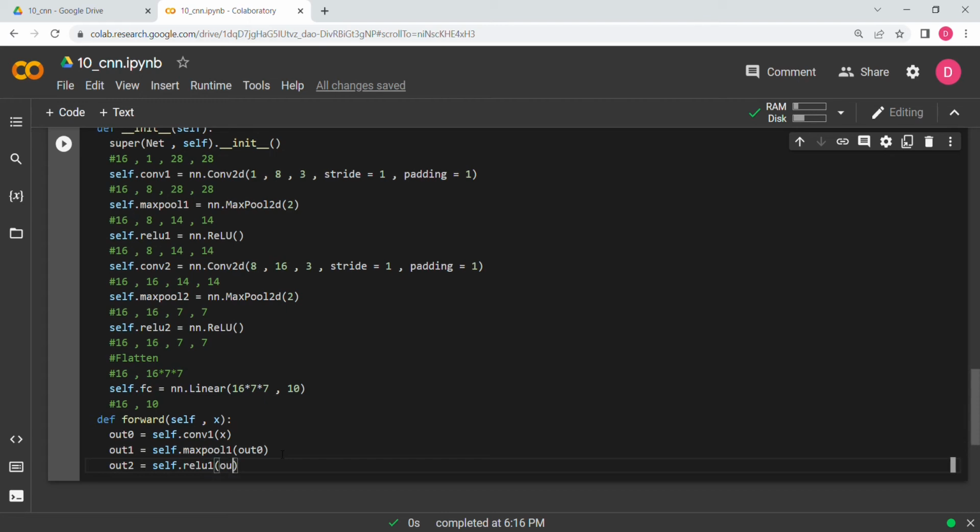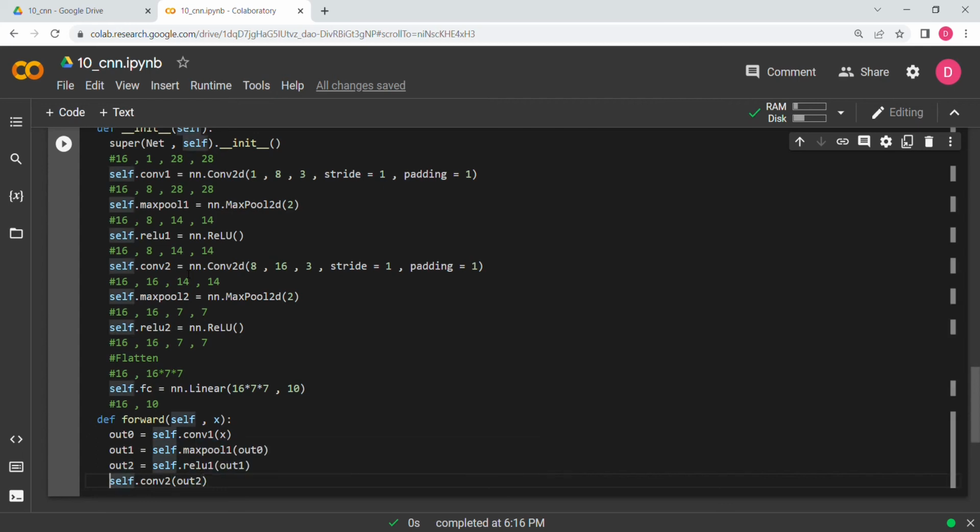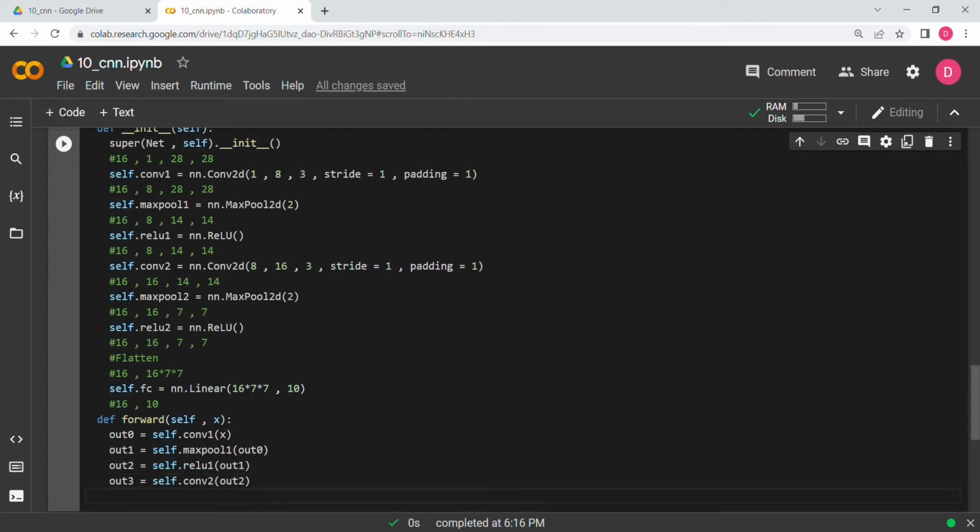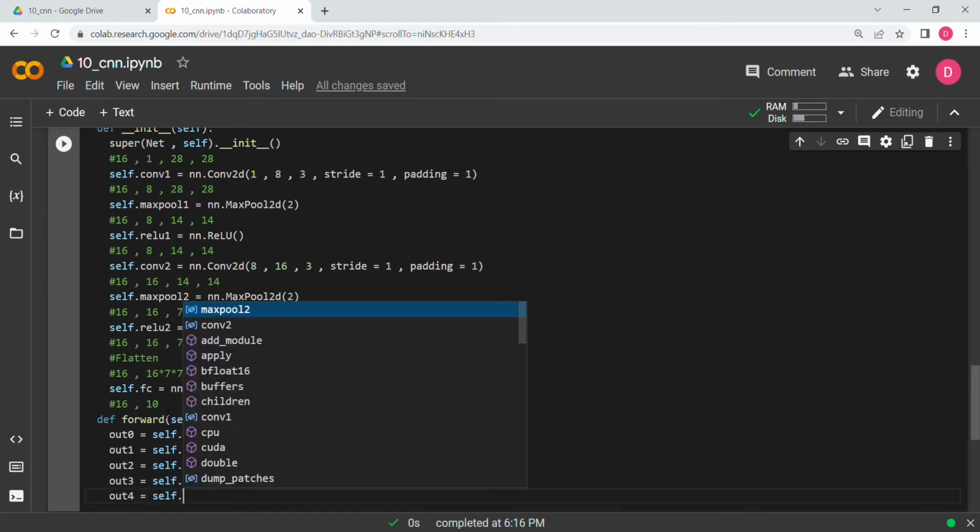Okay, and then we will say out of 1. Now out of 2 is here, so now after the relu first we have conv2, so we will say conv2, and then we are going to pass out of 2, and we are going to call it out of 3. Okay, after out of 3 there was, after this convolution 2, there was max pool, so we will say out of 4. We will say self dot max